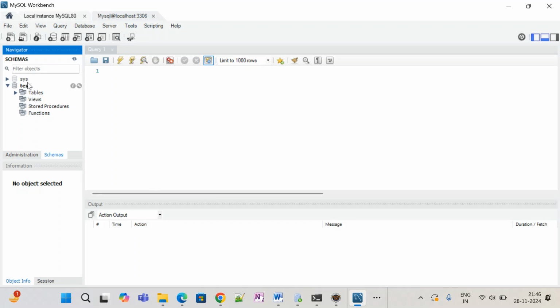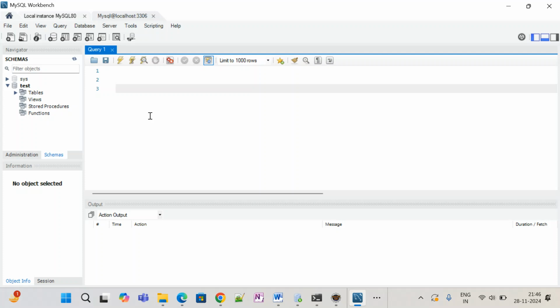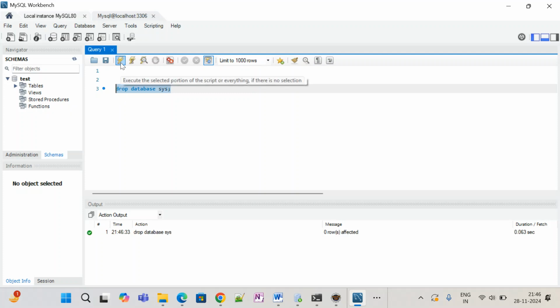I don't want this system database, right? So just go here and click drop database, and the database name is sys. Now you can select this or simply put the cursor on it, and it drops the database. Now I have only one database, which is nothing but test.